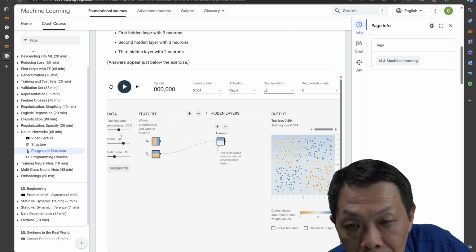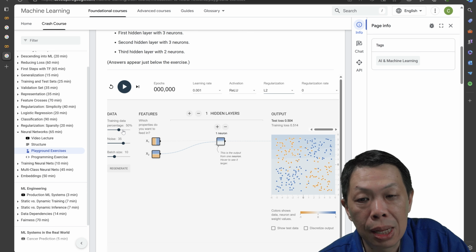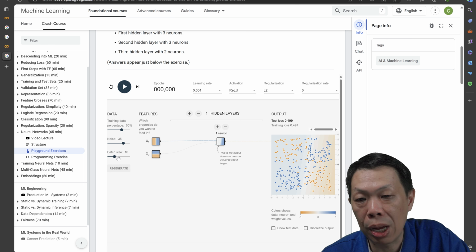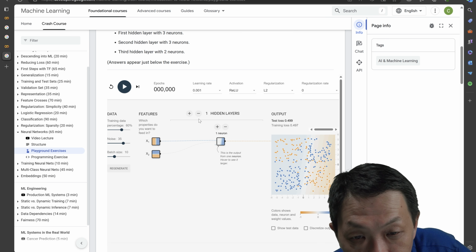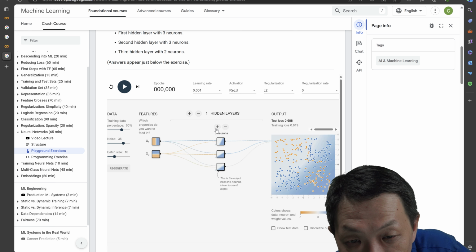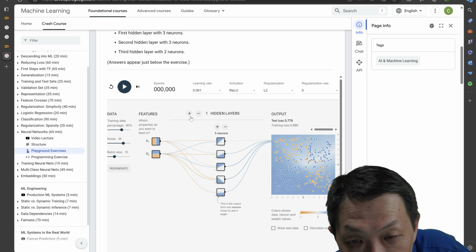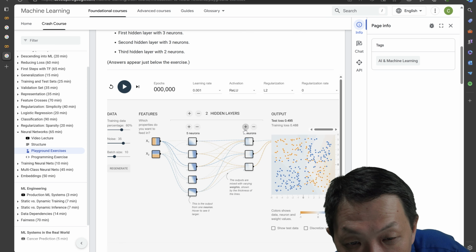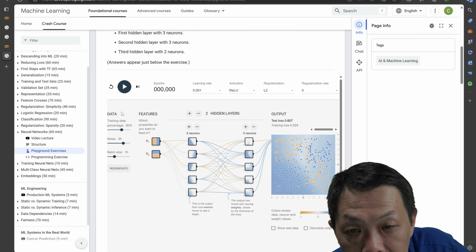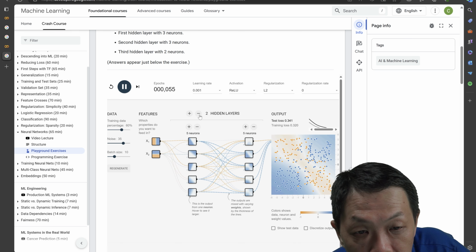And here we have other things, like how much training data we want to use. That's for the training data set, okay? And the batch size, we also can adjust. The very powerful part is that in every layer you can specify how many neurons you want to add, and you can have more layers. You can have a fully connected neural network or a partially connected one. And then you can start the training to see the loss function, to see your outcome.